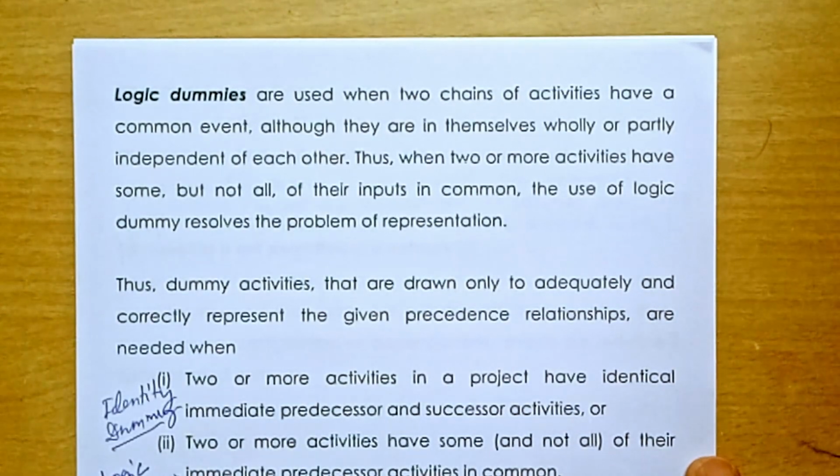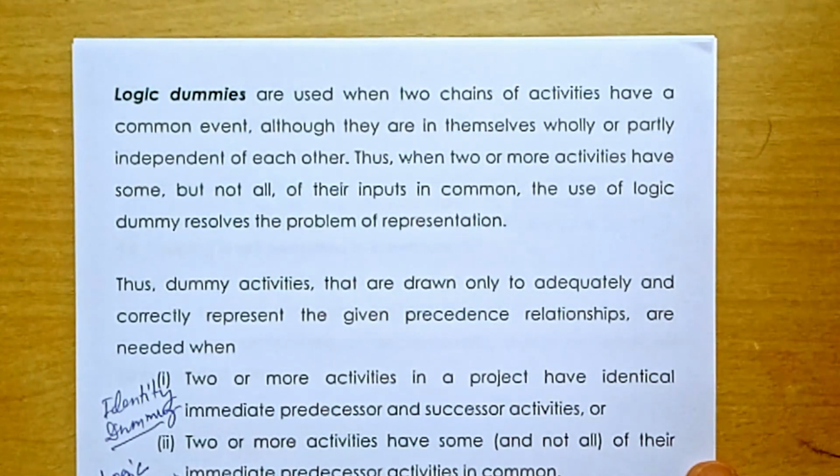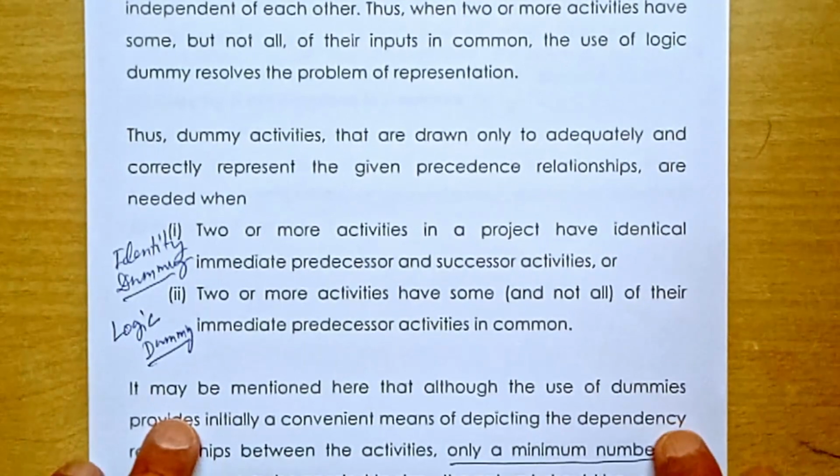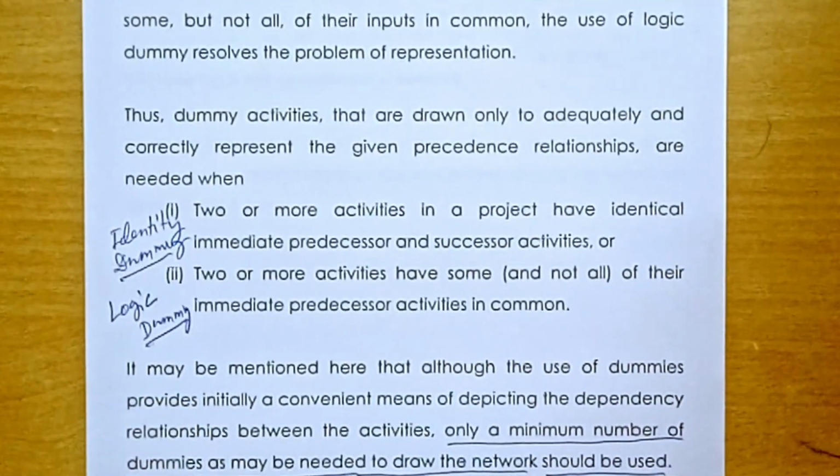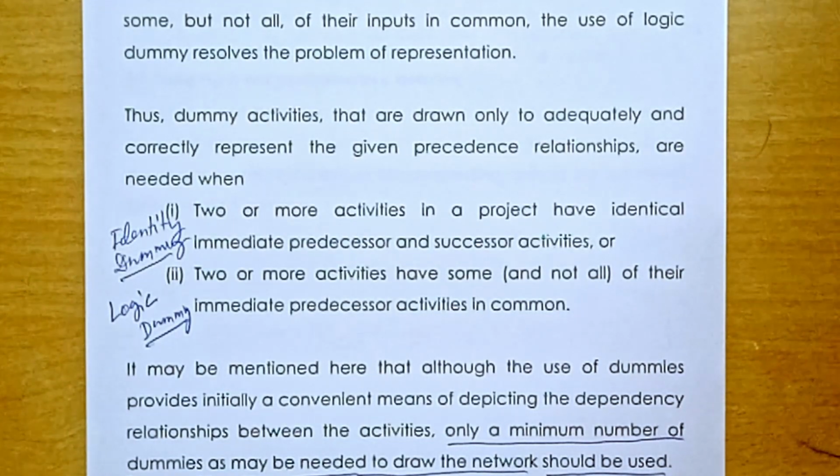One activity has more than one predecessor, but one common predecessor. In this case, they are in themselves wholly or partially independent of each other. That's when two or more activities have some, but not all, of their inputs in common. The use of a logic dummy resolves the problem of representation. So dummy activities, to sum up, are drawn only to adequately and correctly represent the given precedence relationship, and